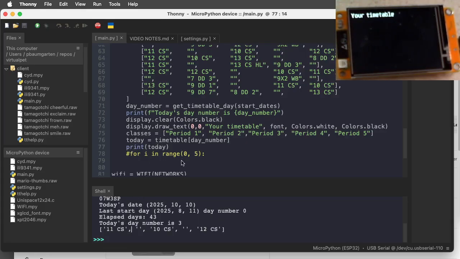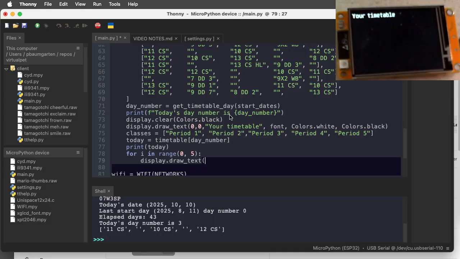And so now I'm going to iterate. I've got this list of period names, and I've got this list of classes. So I'm going to loop through all 5 of those and draw them on screen. So display dot draw text, and my x coordinate is going to be 0. My y coordinate, I need to come down because I've got this heading that says timetable, so I'm going to start at 25, but then I'm also going to come down